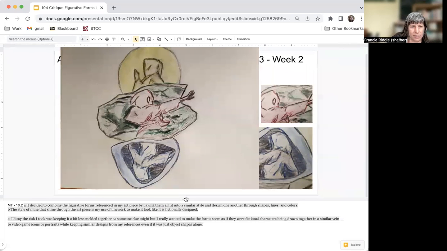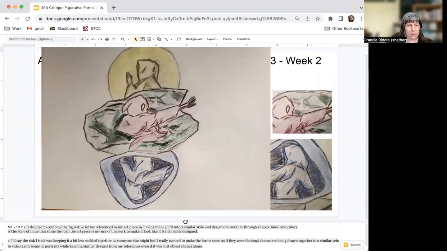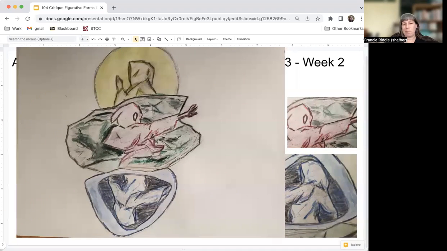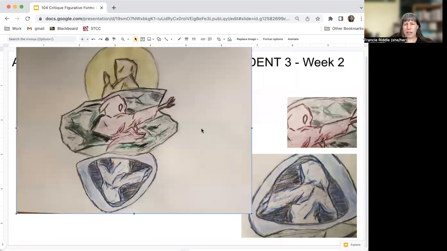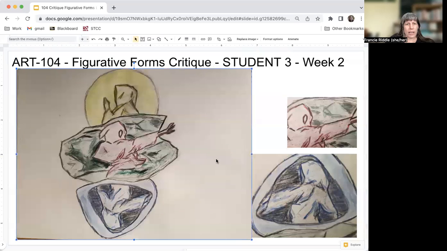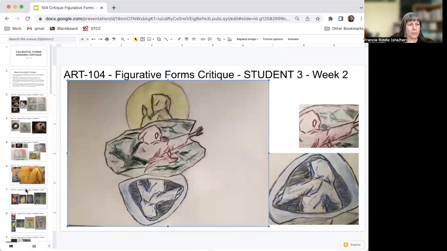Let me just see what the artist said, so that design on one another through shapes, lines, line work. Yeah, I think that what they were saying makes a lot of sense. And they said, yeah, so I think that their words are kind of echoed in what I said in a lot of ways. So moving on